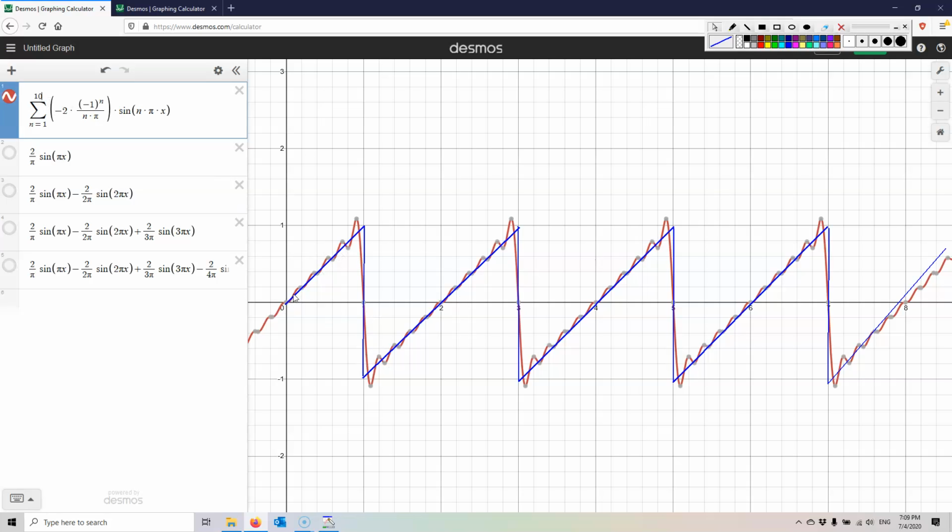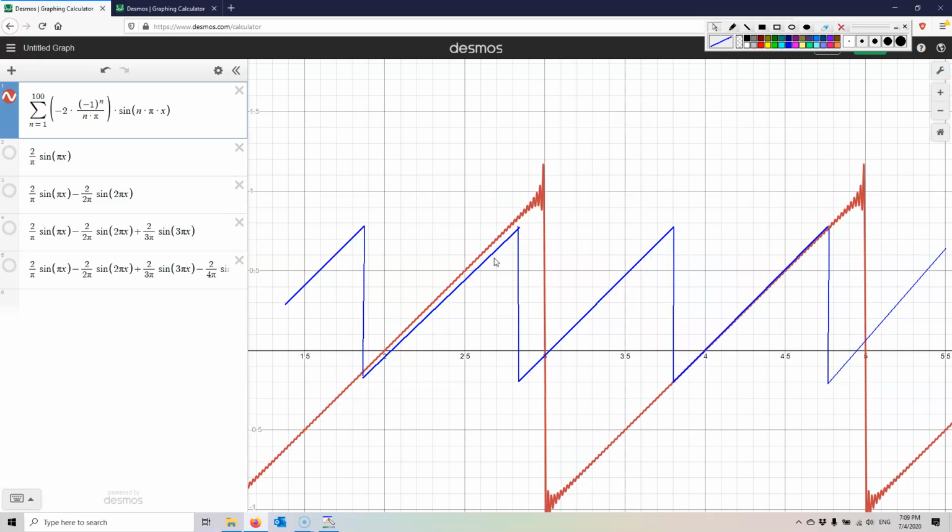Okay, we can tell our red function does a pretty good job at this point to approximate the blue one. Not perfect, but it's doing a pretty good job. How about we go to 100? Is it going to let me? Yeah, there you go. I mean, you can hardly see the difference now. Slight differences at the very top, the very bottom. The corners are sort of a bit funny, but beyond that, it's a pretty straight line.